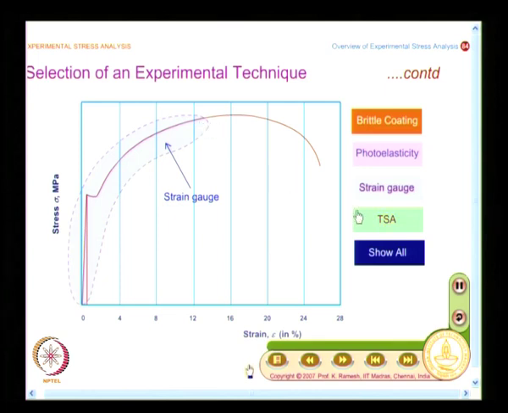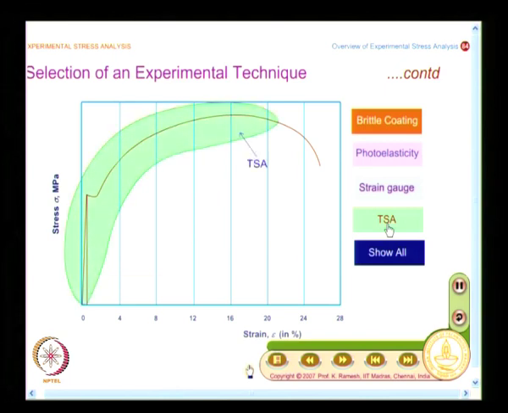and thermoelastic stress analysis is proposed as a whole field strain gauge technique. That is how they are propagating the technique now, and you can go from elastic to plastic region, and this is more of a whole field representation, but the instrumentation is very expensive, understand that. Strain gauge instrumentation is a lot simpler when you compare it to TSA, but even that instrumentation is costly, it